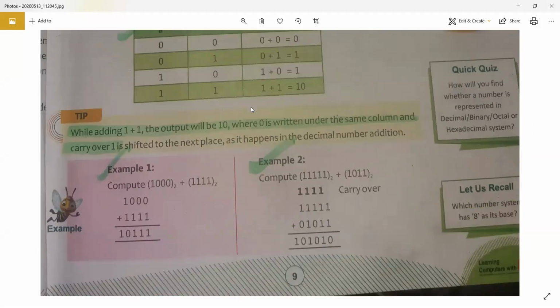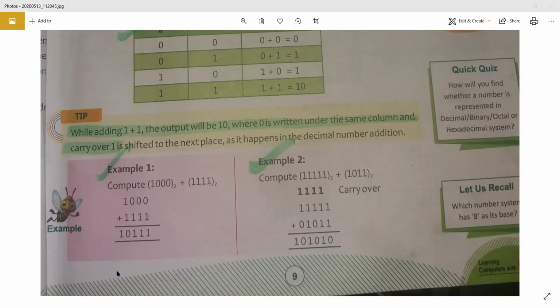Suppose you have to add 1000 with 4 times 1. Here 1 plus 0 plus 1 is 1, 0 plus 1 is 1, 0 plus 1 is 1 also, and then 1 plus 1 is 10. So what you have to learn here is that 1 is a carry. That means it is going as a carry. So any time you see a pair of 1, you have to carry forward 1 carry. And then you have to add 0 to the remaining digits.